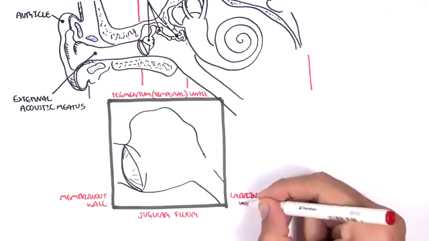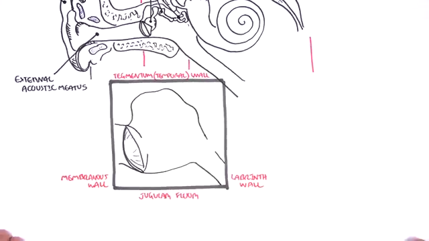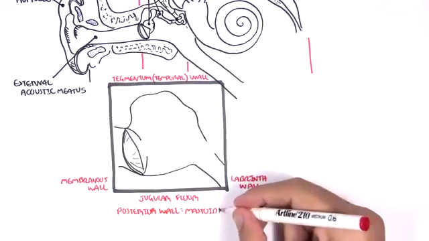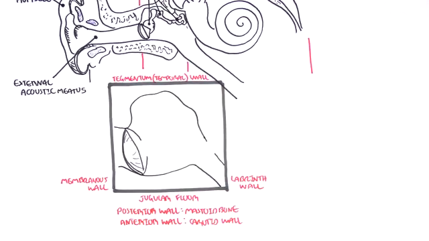The medial wall is the labyrinth wall, because this is where the labyrinth of the inner ear is located. Then we have the anterior and the posterior walls, so the front and the back. The posterior wall is your mastoid bone, and the anterior wall is your carotid wall, because your carotid passes